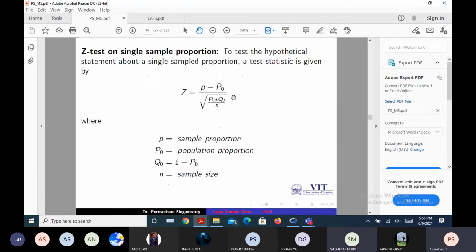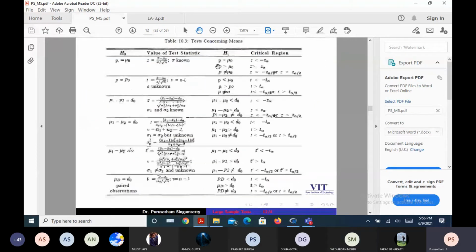So as you said, that is H1: mu is not equal to mu naught. Wherever p is there, let us imagine that it relates to mu. If this is the case, H1 is a two-tailed alternative hypothesis. What is the corresponding critical region? Z is less than minus Z alpha by 2, or Z is greater than Z alpha by 2, right? From this table.